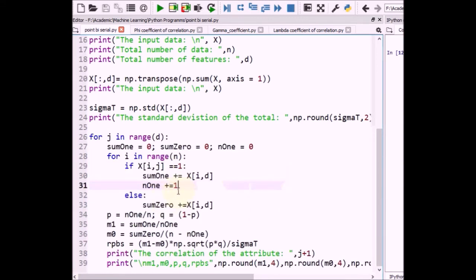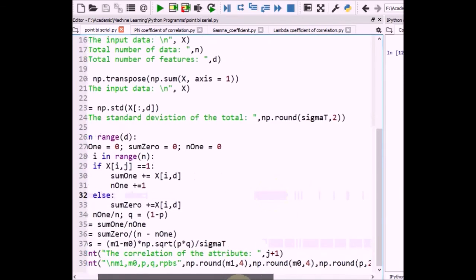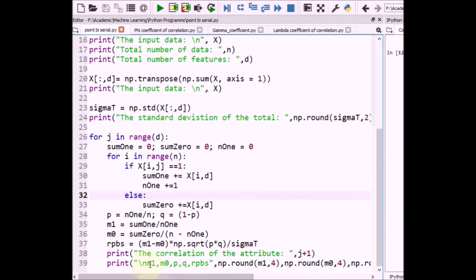Here if it is 1, then we add it in a separate group, and if it is 0 we add it in a separate group. So this is the point biserial equation. If you execute it, this is the last line, where we print the M1, M0, P, Q and RBPS.